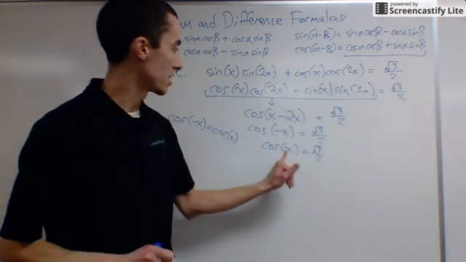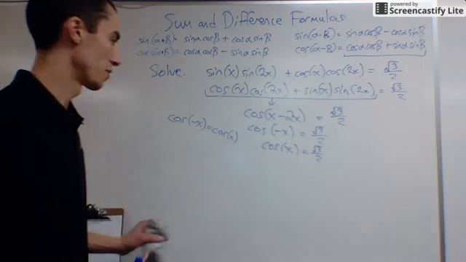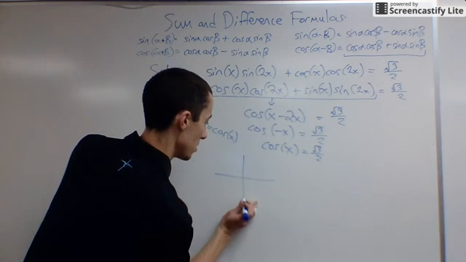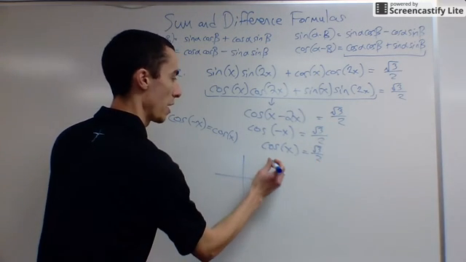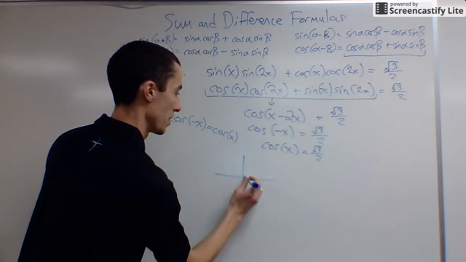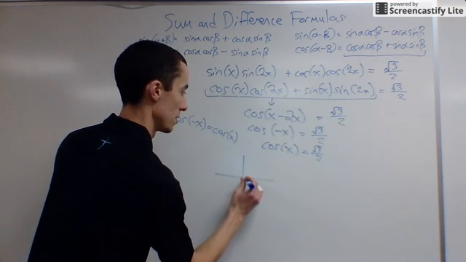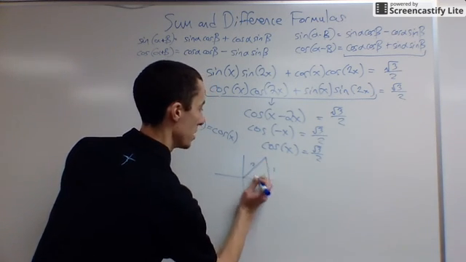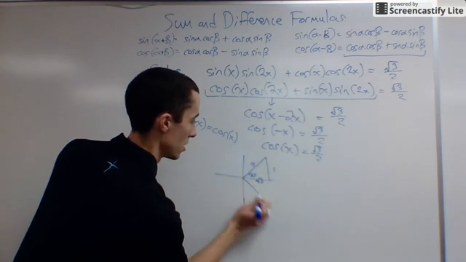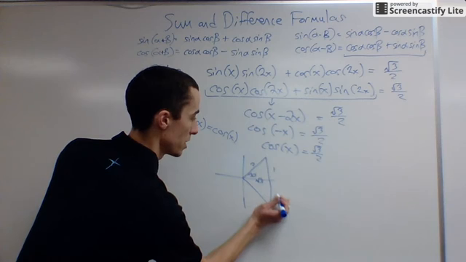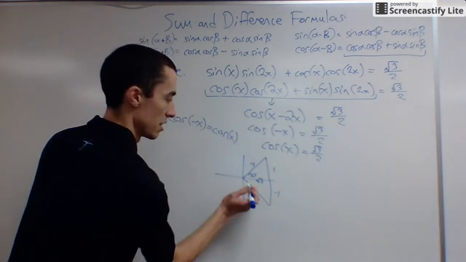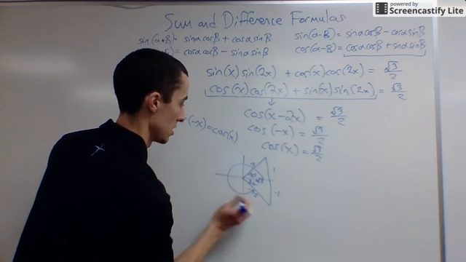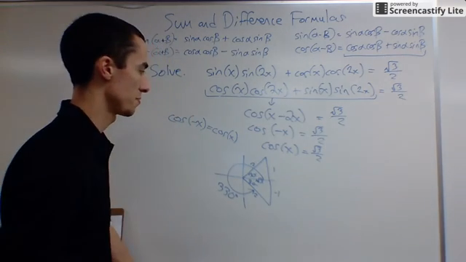Now at this point, we're asking which angle has a cosine of root 3 over 2. So let's draw a triangle. Cosine is positive in quadrants 1 and 4. So let's draw two triangles. Root 3, 1, 2. That would be a 30-degree angle. And then root 3, negative 1, and 2. This also has a cosine of root 3 over 2. And this angle is 330 degrees. So our two